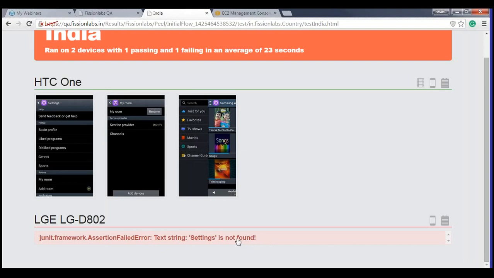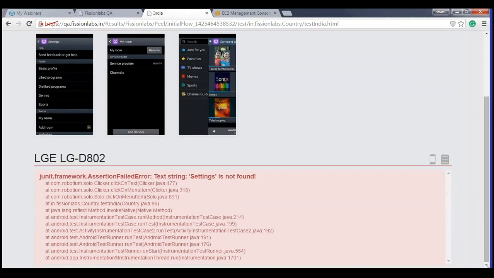And here, if you see "string is not found," if you click over here, then all the details or the log is displayed over here. So any developer looking into the details or the log displayed over there can easily figure out where the code is breaking and how to fix it.